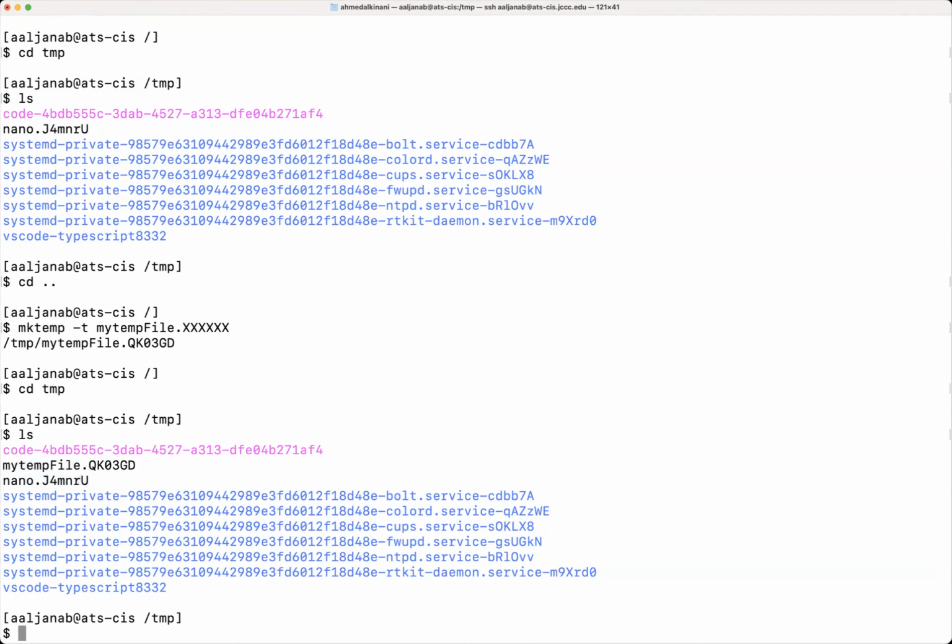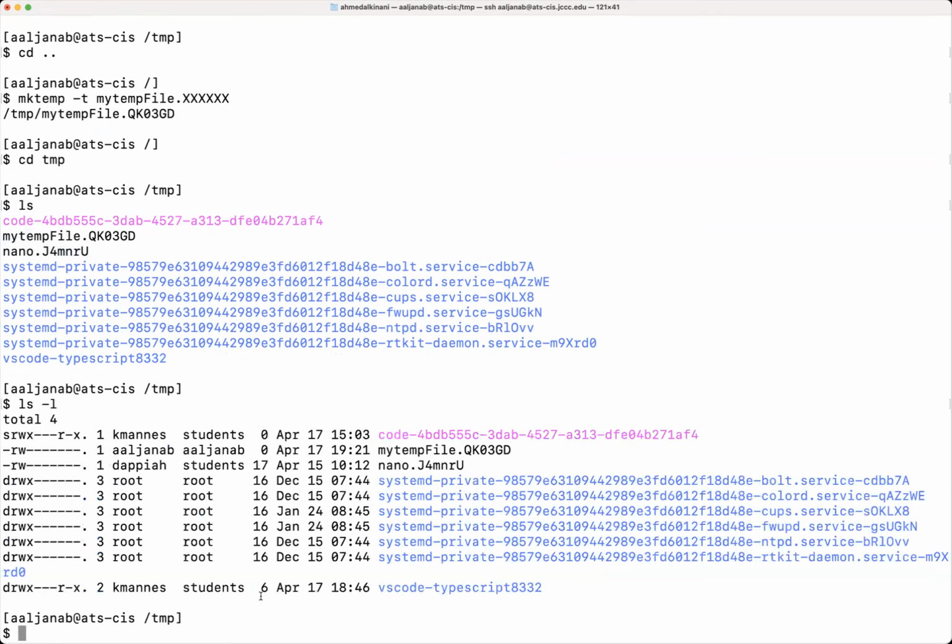Let's go ahead and show it with a little bit more details. I can ls -l. So here's my file that I just generated. You can see here, April 17th. And this one was created April 15th by a student. Huh. Okay, that's good to know that somebody's playing here. So you can see here, this is how we create.